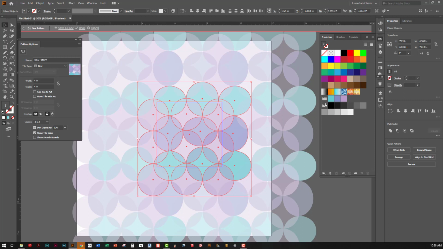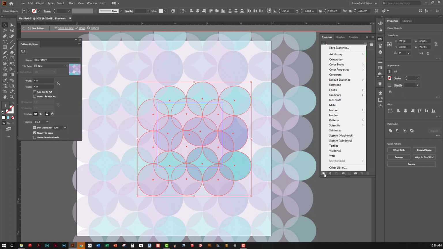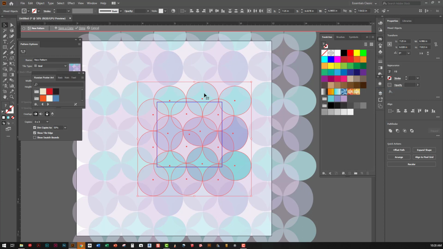And you can see here there's these little folder icons. Oh, those are the same ones we saw in the Recolor Artwork option. So let's go here and we'll go to this library. These little books, though, that means library. And as we saw in the brushes menu, there are lots of different options. In fact, they tend to be grouped based on theme. So, for example, if you want Russian poster art, what you'll see